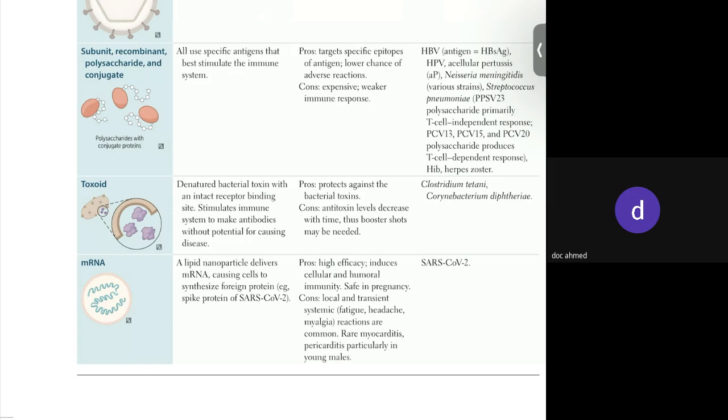Okay, the last one is toxoid. So what do we do in toxoid? We discussed that we are going to give some bugs. In the toxoid, let's just be more specific. What's causing the problem in tetanus? We have something called tetanospasmin, right? That's the main problem, the main culprit, which causes problems. So instead of giving the entire bacteria and waiting for it to produce tetanospasmin, with the fear of the tetanospasmin causing the real infection,